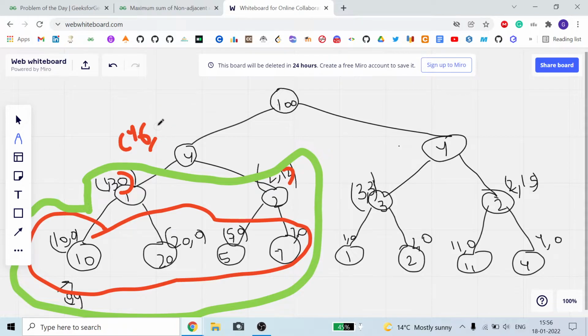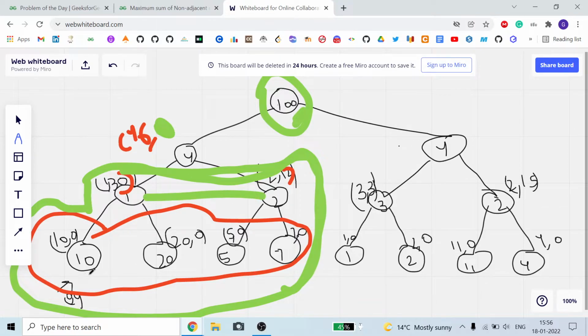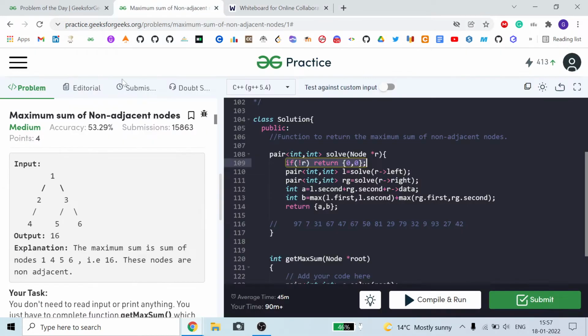Because the number we are returning here will add in it, and in it we can add any number among it, because for this 100 we can add the sum of these edges as well as these edges. But we cannot add the sum of both of these edges, because if we add both of these edges' sum, then it will give us the sum of two adjacent